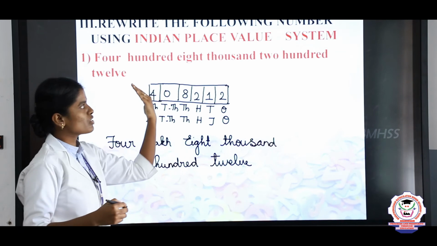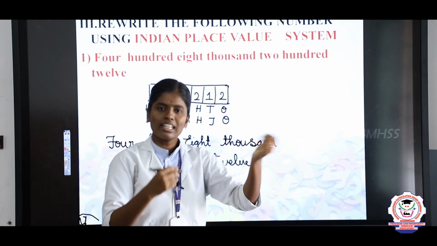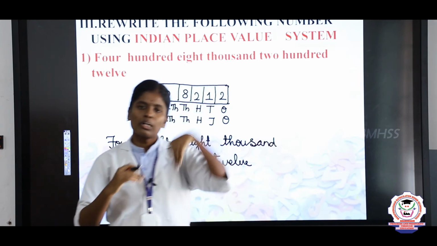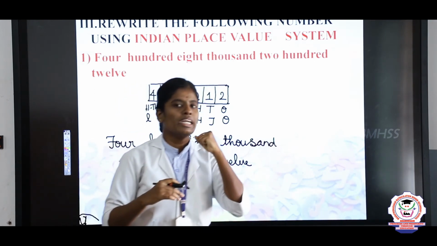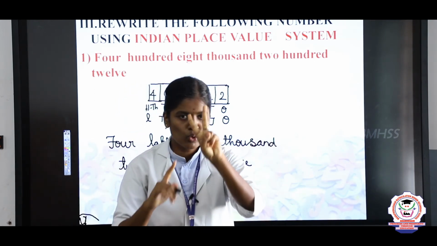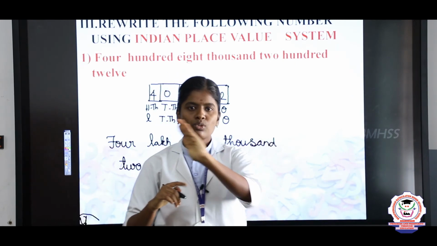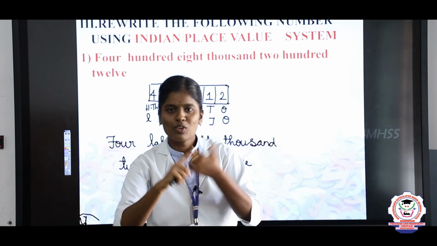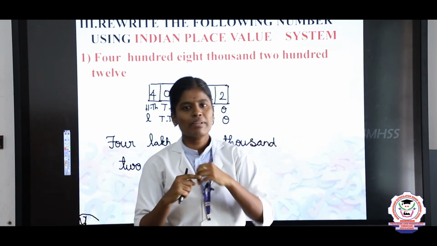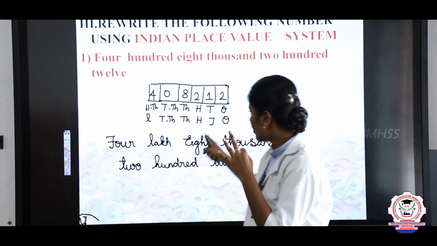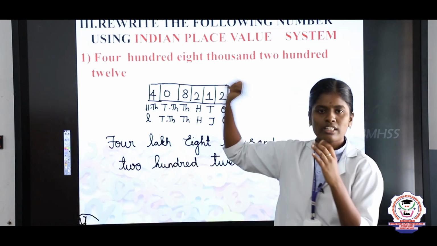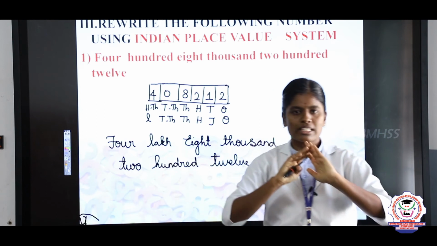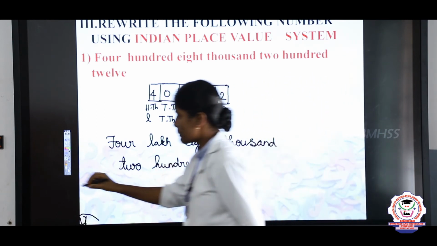So actually what is the topic? The topic is the international place value system. In this, we convert into the Indian place value system. In the international place value system, we have two common periods, ones and thousands. The 6 subperiods are ones, tens, hundreds, thousands, ten thousands and hundred thousands. In the Indian place value system, they are ones, tens, hundreds, thousands, ten thousands and lakh. Just take the numbers into the place value system, then write the number's name. So we are clear.